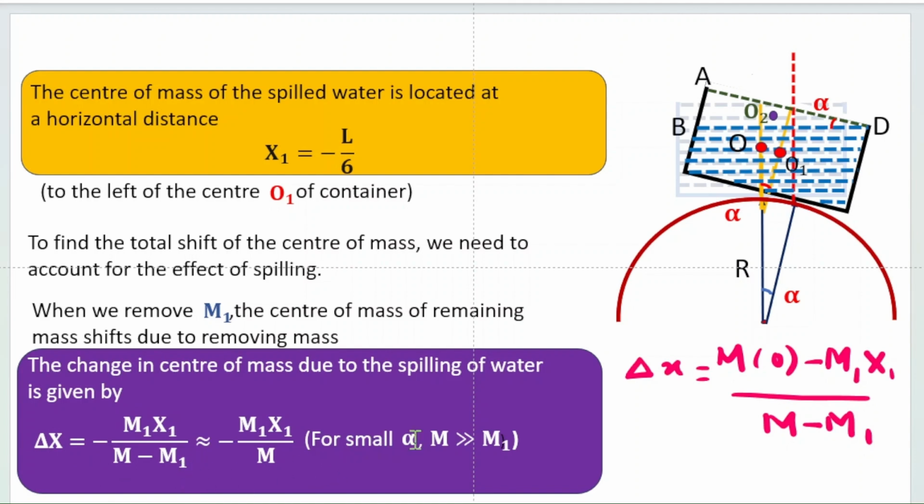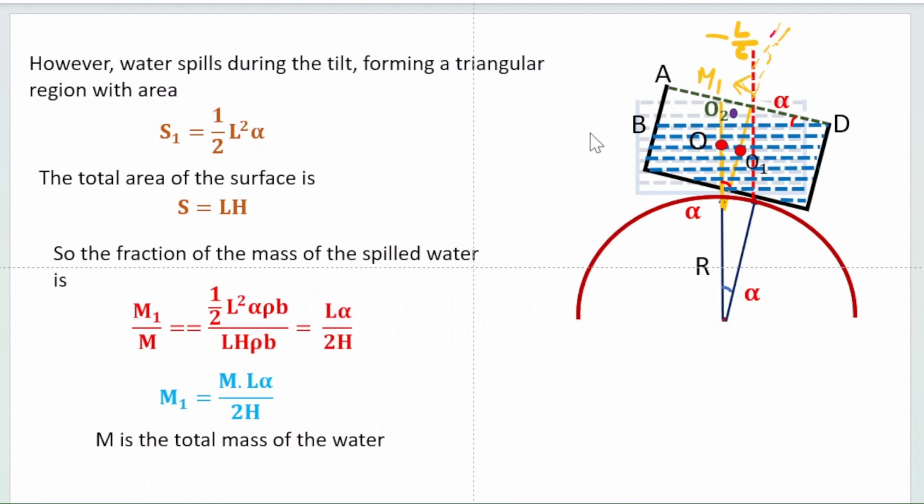Isn't it? For small alpha, the removed mass is very small compared to the total mass. Therefore, m minus m1 can be written as m only. Delta x is equal to minus m1 x1 by m. The m1 by m ratio we require. How to calculate m1 by m? m1 is the removed mass, m is the total mass. Isn't it? For this, here you see,